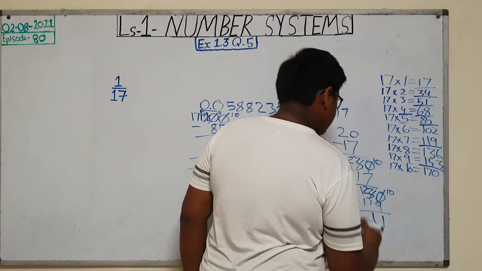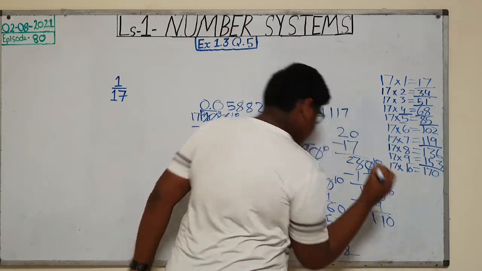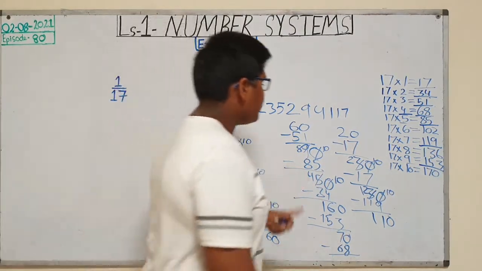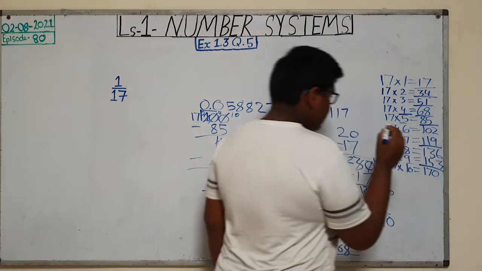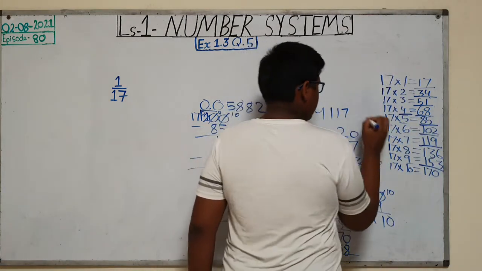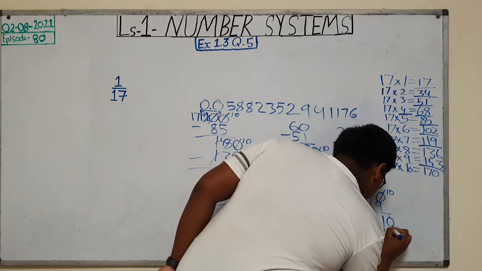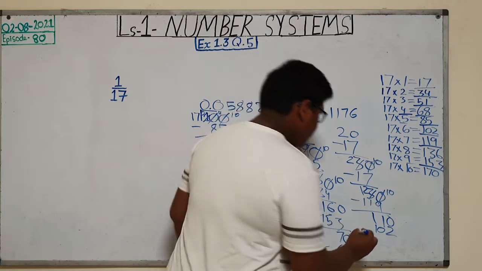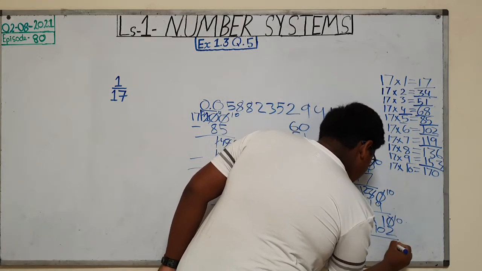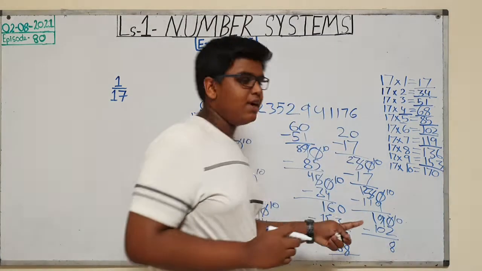Okay, now 1 minus 1 is 0. Okay, so now we have 11. So can we add one more 0? Yes, we can add one more 0. And now we have 110. So 110, right? Can we take 102? Yes, we can. So let's write 6 over here and take 102. Okay, now we have 102. So this will be 10, this will be 8, this will be 0. So now we have 8, right?